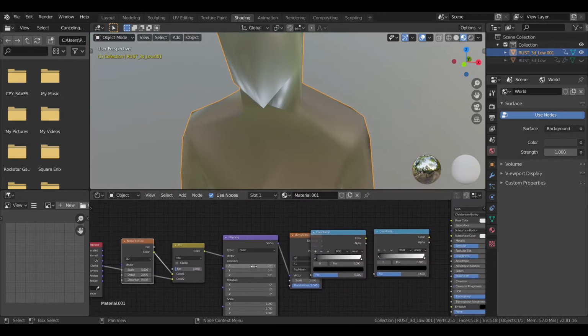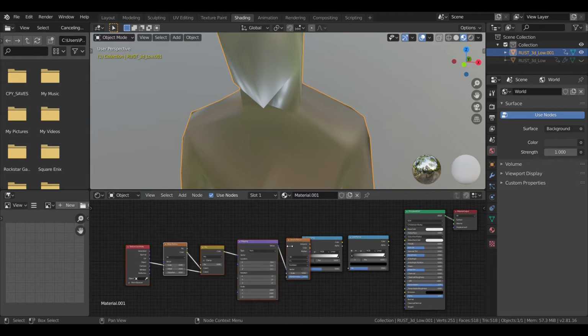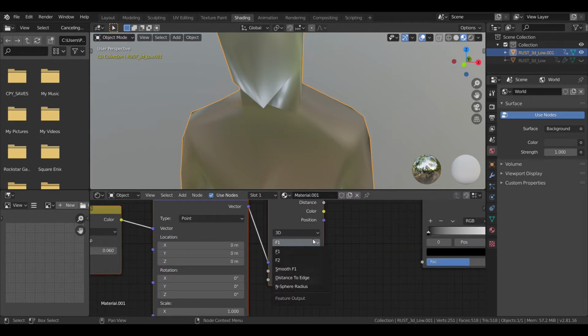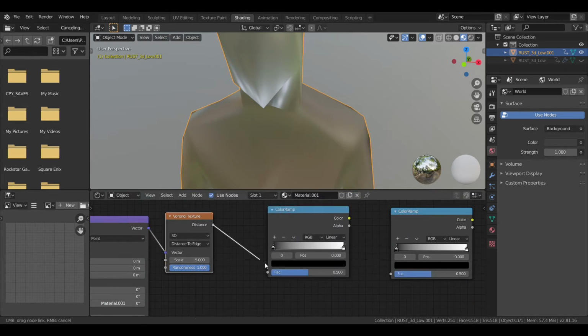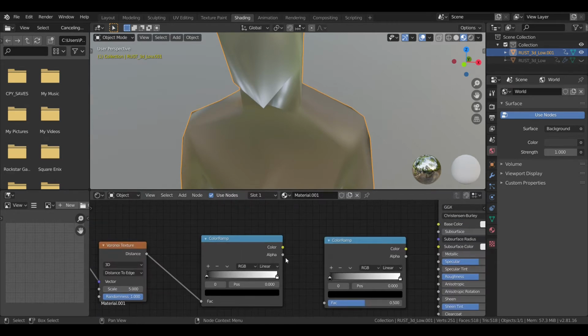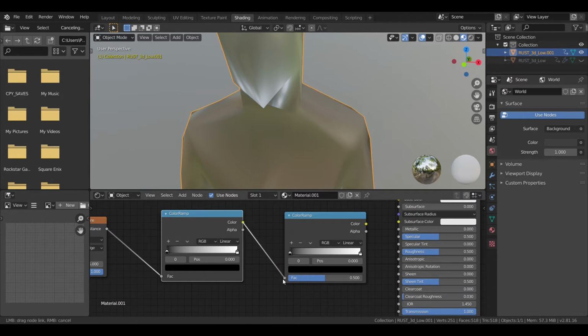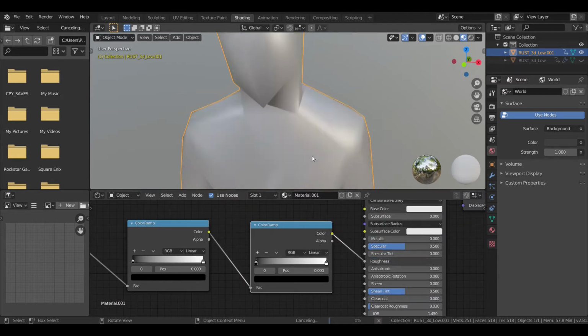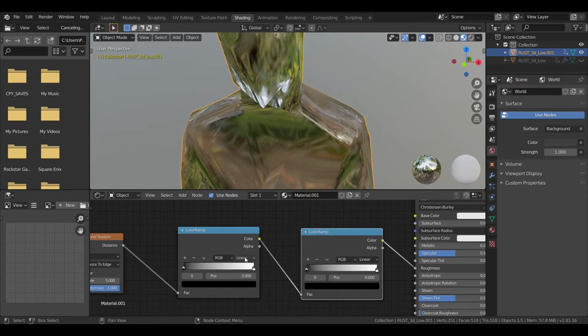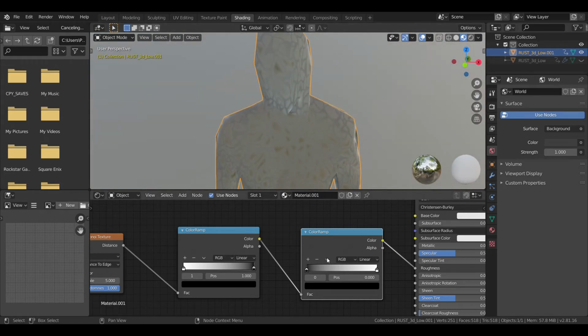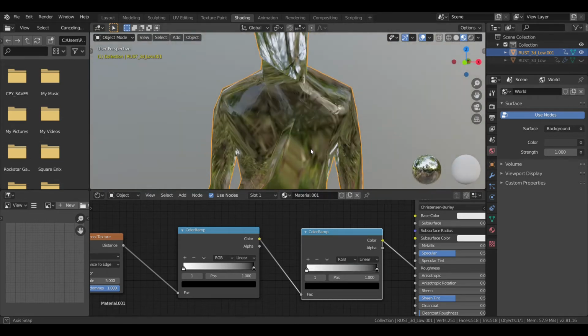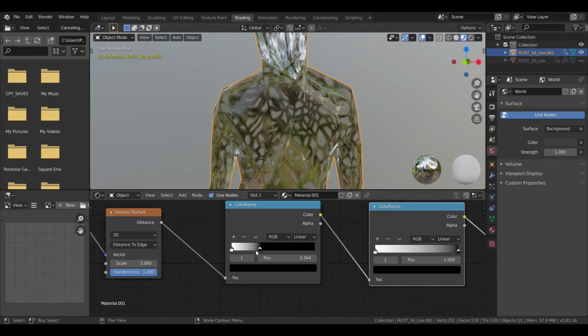Now we just need to play with the color ramps, so we'll move them a little so you can see clearly. From F1 we'll go to distance to edge. Now connect the color ramp 1, then color ramp 2, and then the color goes to roughness. What we'll do is flip the color ramp. So you can see the effect of it. Do it for the second one too, flip the color ramp. And now just play with the values and you'll know what's happening.